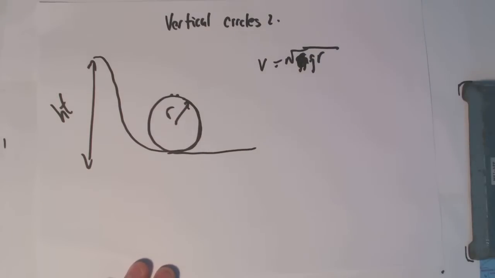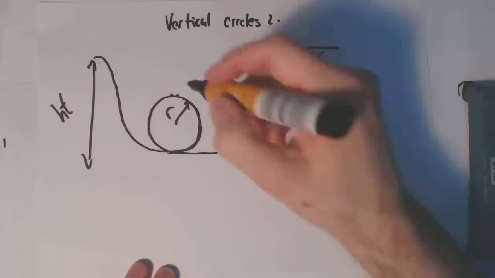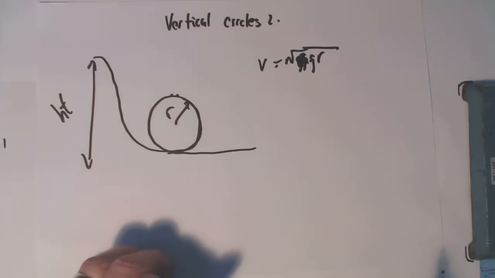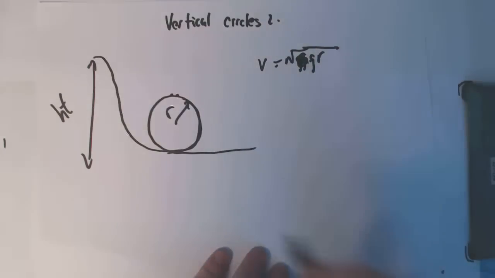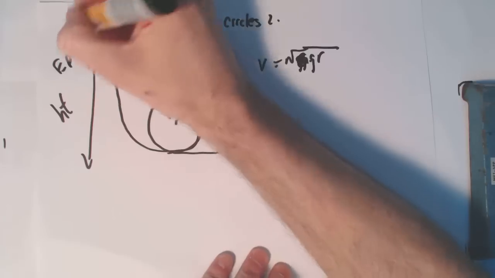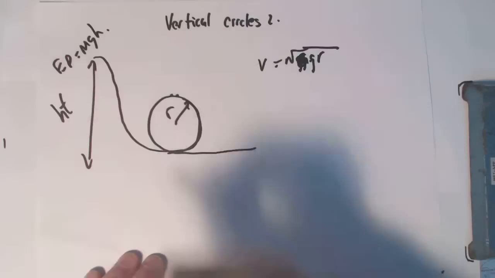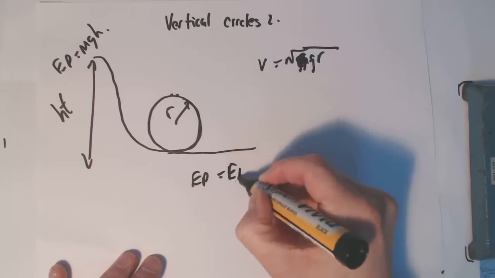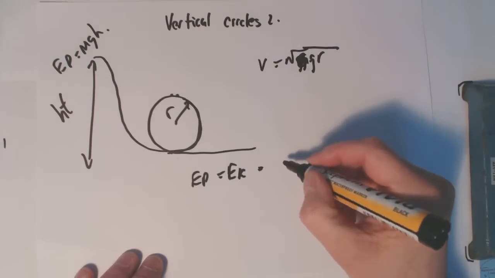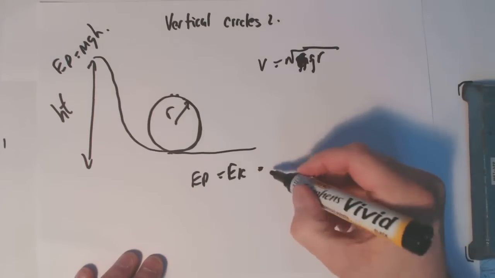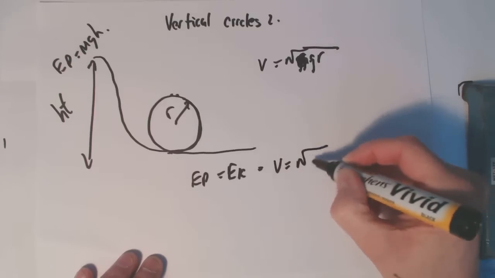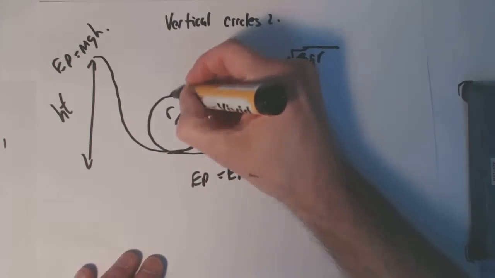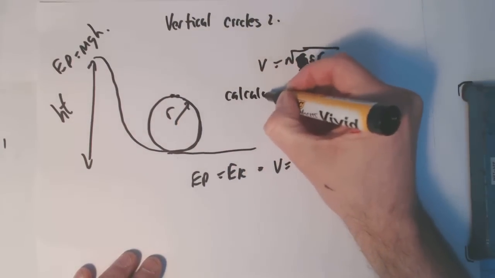So we just wanted to look at the energy situation in this. Now, this is just a little trap that people fall into. We've got the potential energy from the top equal to mgh, right? And we know we can convert that into kinetic energy at the bottom. That means that the velocity equals the square root of 2gh. Now, if I ask you to calculate the velocity at the top,